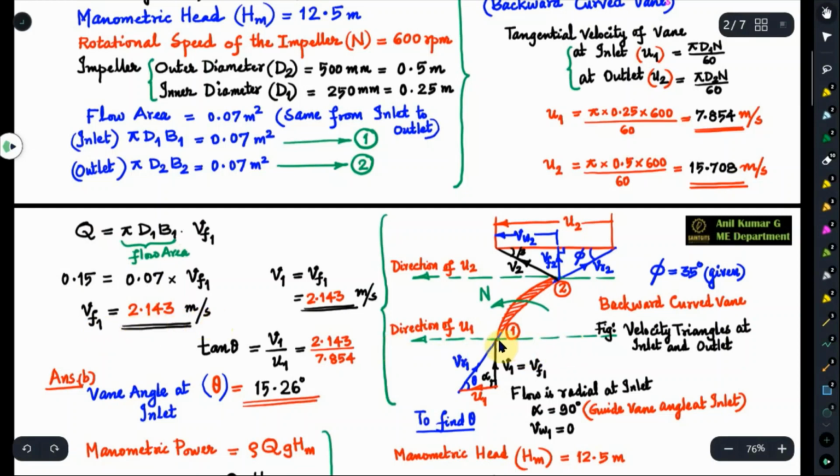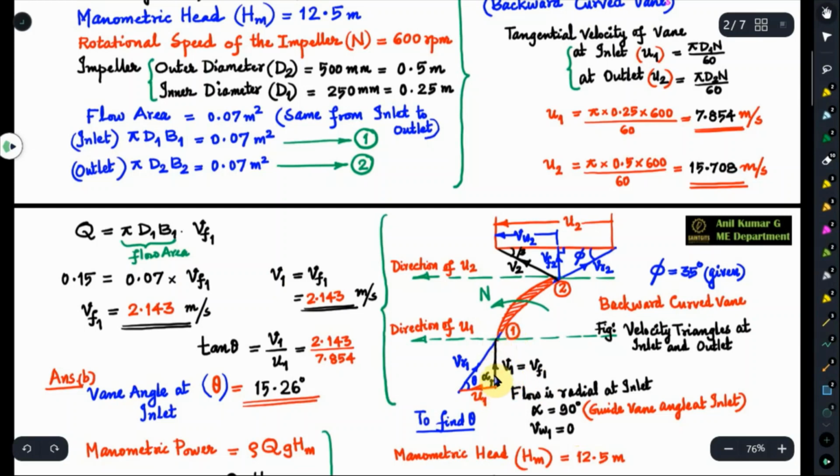So if you consider the velocity triangle at inlet and outlet of the centrifugal pump, which we have covered already in our introductory session on centrifugal pumps. In the case of radial flow at inlet, V1 is equal to Vf1 and Vw1 is 0. There will not be any whirl component. Vw1 and Vf1 are respectively the whirl and flow components of the absolute velocity at inlet. Here the whirl component is 0 because the flow is purely radial at inlet to the impeller vane.